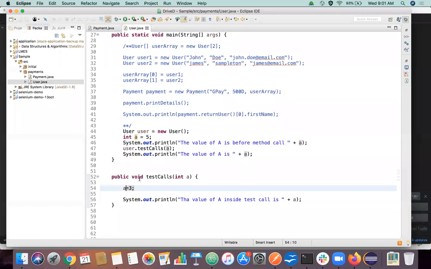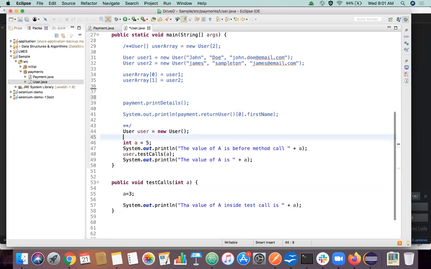So what I mean by call by reference is, for example, I have initialized, let's put this over here, the payment thing. I'm just saying new user of first name, let's say my name itself, Karthik.